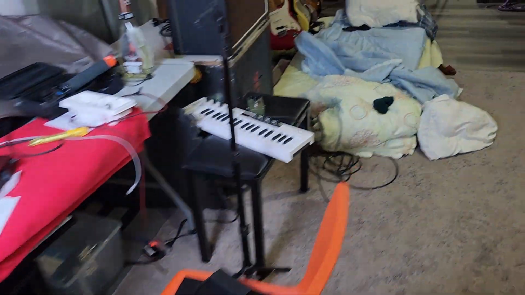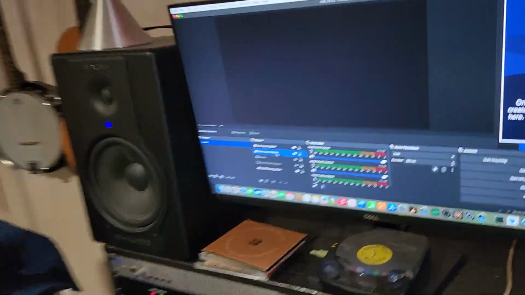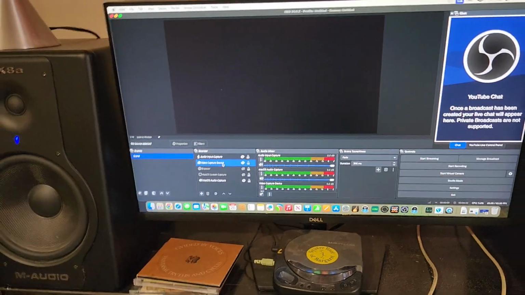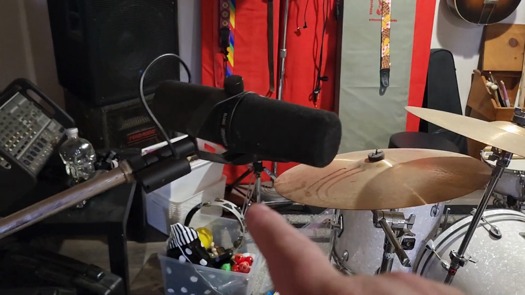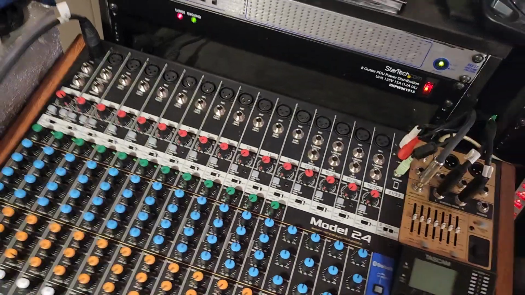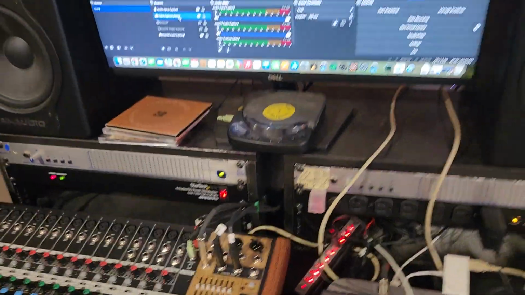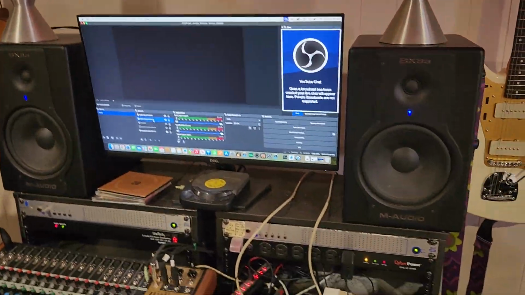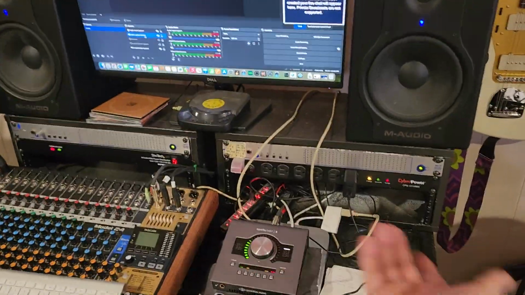So I was jamming cameras and jamming mics into the OBS on the Mac, and it was a nightmare. The camera was cutting out. I was trying to use my SM7B mic, which is here, right? I couldn't hear myself. Everybody knows you need a heck of a lot of gain. So I was gaining it through the Tascam Model 24. Signals were fine here. Couldn't hear it on OBS. I was putting the SM7B through the Apollo. It was just a nightmare. The video was cutting out. I felt like an octopus.